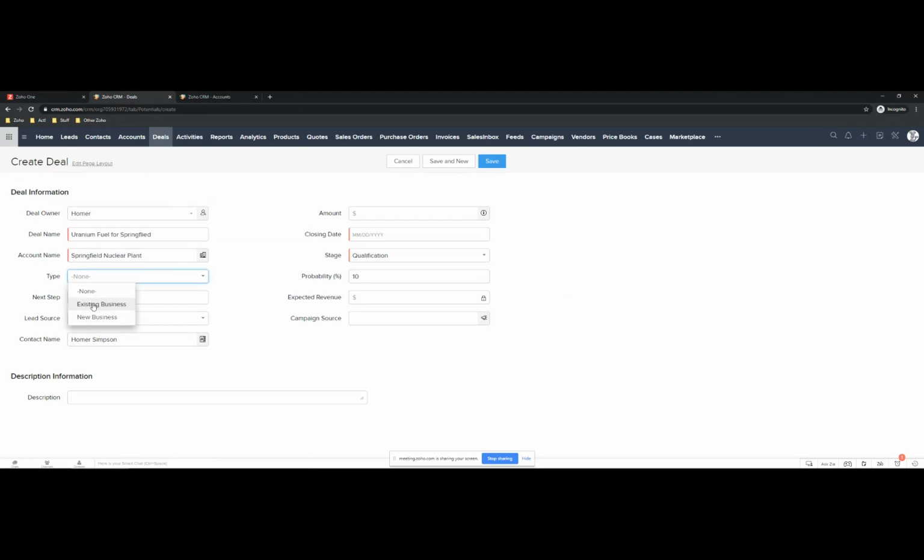If you sell multiple product lines, you might want to have a drop box in here to say this is for this product line. I like to track my Zoho deals separate from my ACT deals, so that's how I do that. Lead source is how you learned about it. There's an amount field here, which if you've quoted it, you know pretty close to what it is. But if you're in the early stages, you might have to ballpark it. Say $34,000, and then there's an anticipated closing date as to when the deal might come in, say March 20th,